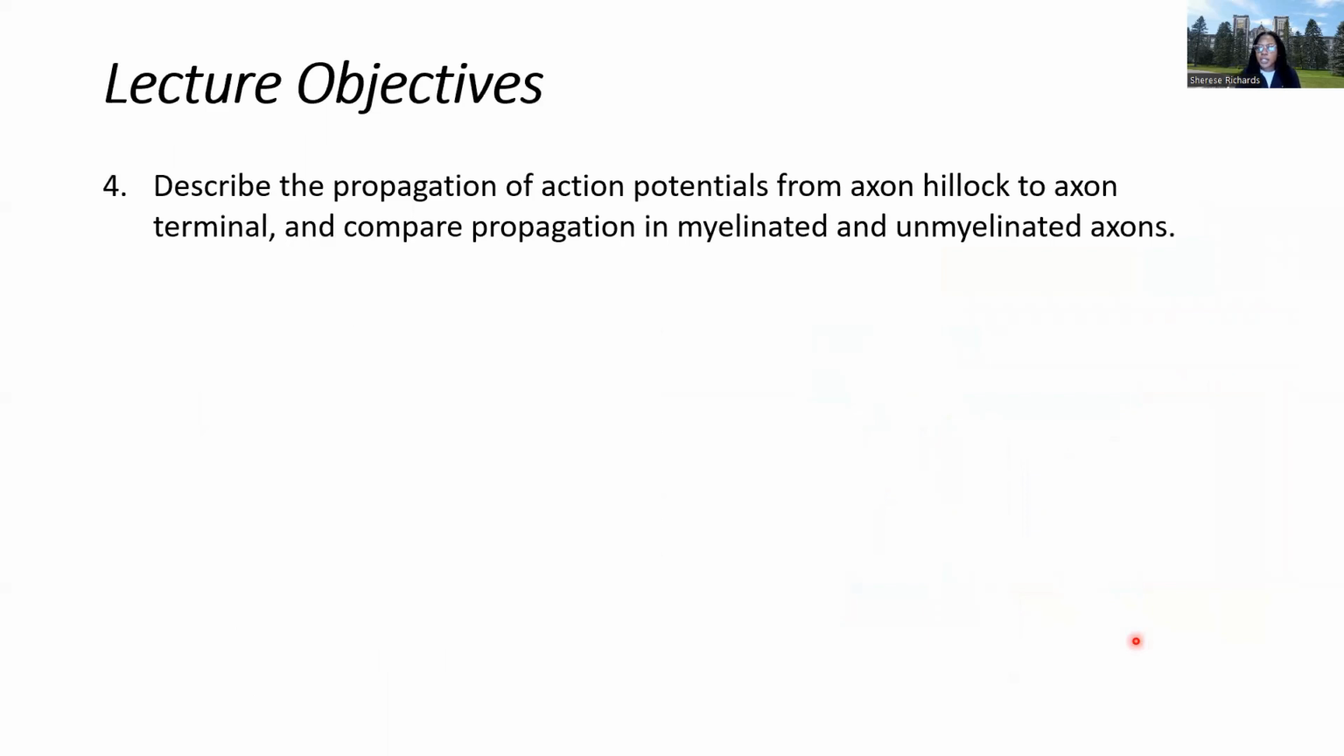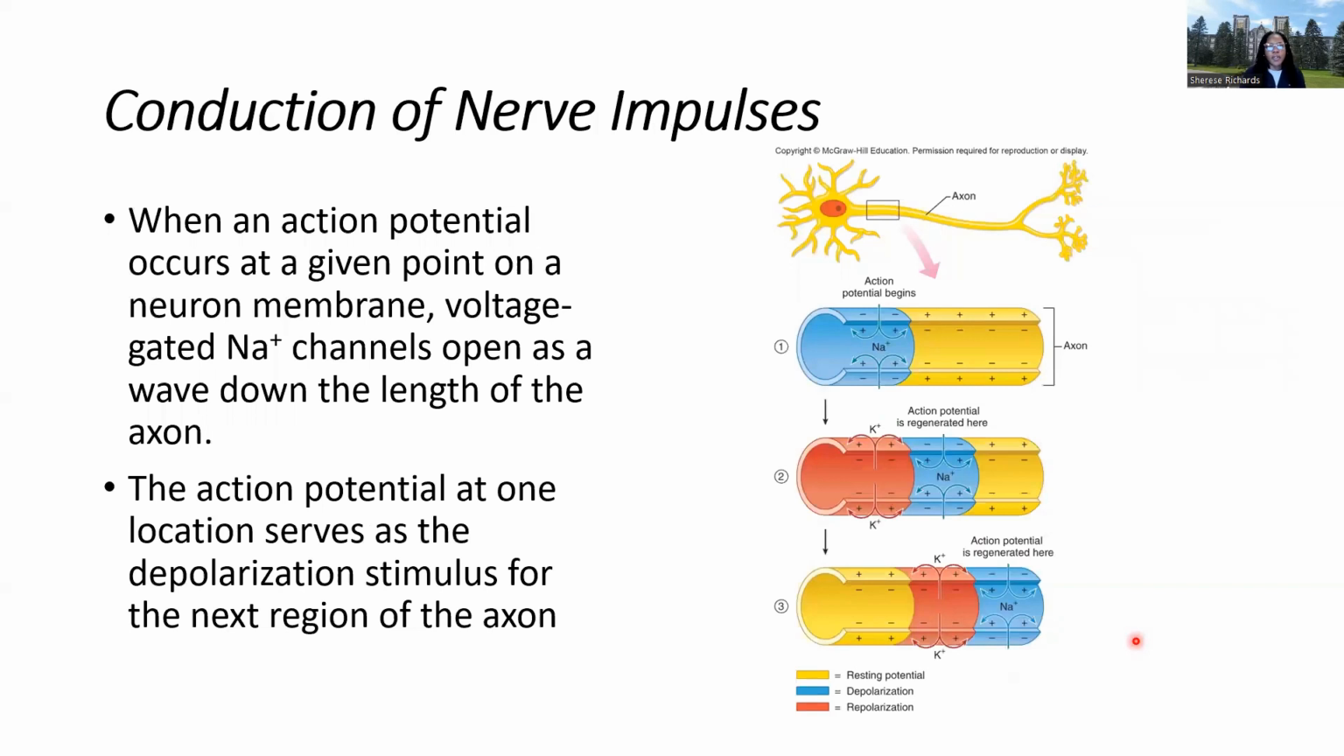Going on to lecture objective 4, describe the propagation of action potentials from the axon hillock to the axon terminal, and then compare propagation in myelinated versus unmyelinated axons. Now, if we think about the conduction of the nerve impulse, if we again take a step back and look at the entire neuron and some of the events we described earlier, the action potential is going to begin at